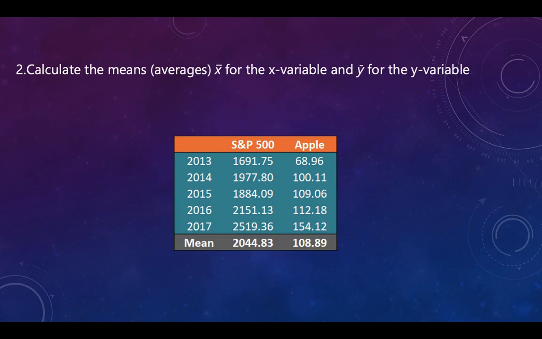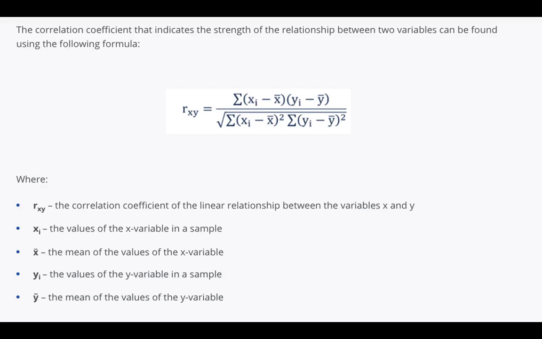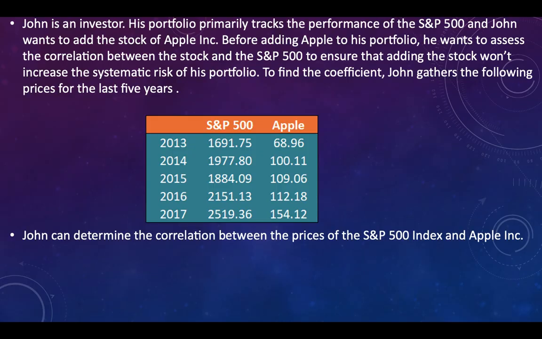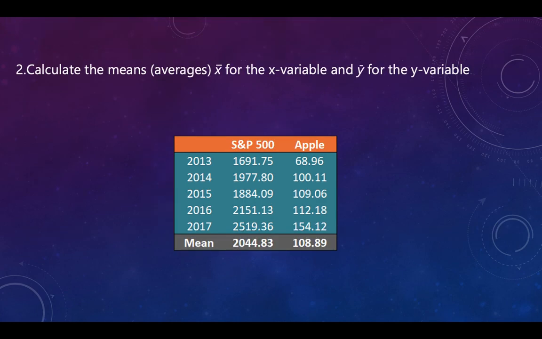So first of all, if we come to the formula, the first thing we have to find out is the mean of the variables. Here I took the S&P 500 as X and Apple as Y. So first of all we have to find the mean of the two variables. To get the mean, we have to add all the 5 years of data,